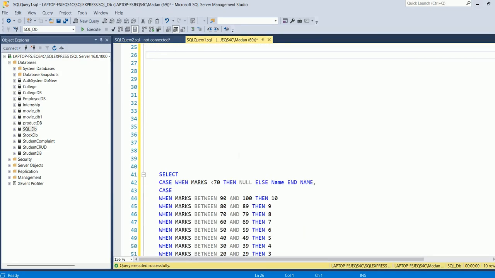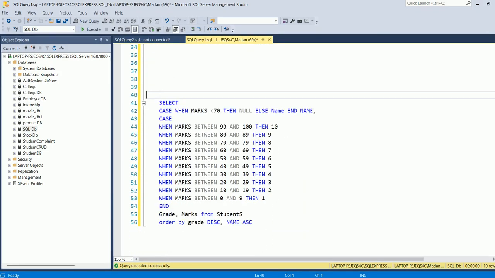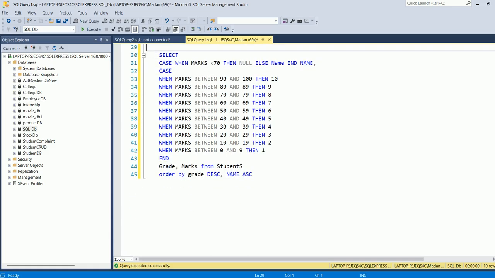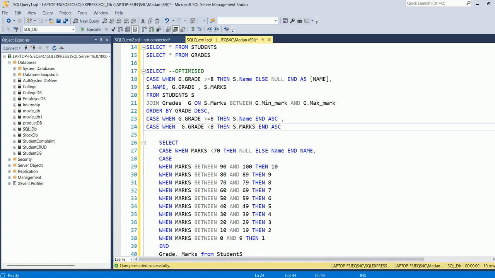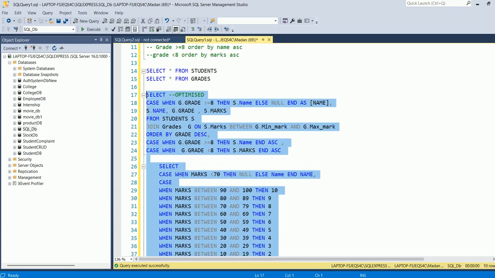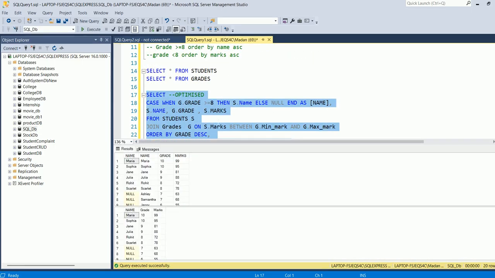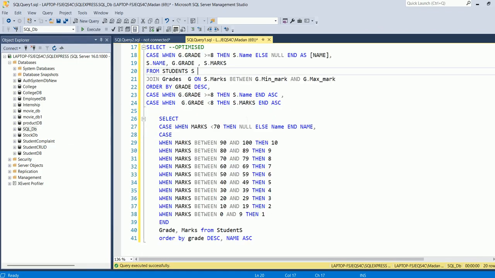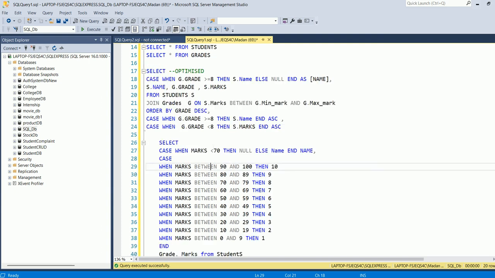But there is another query also. Just analyze the query here. I'm running both queries now, one using join and one in which static values are passed. Why? Because based on the ranges mentioned in the grades table, we have mentioned them using the case